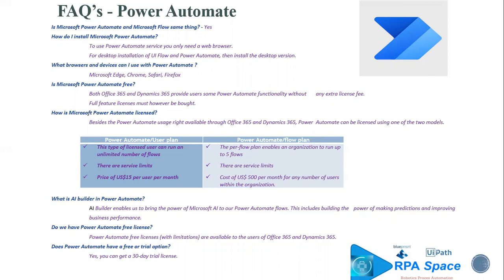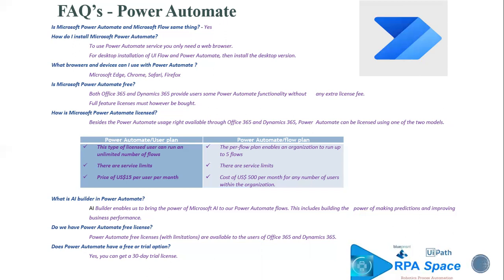And followed by that, what is AI Builder in Power Automate? It could be a buzzword you could hear about. AI Builder is often related to Power Automate. It contains ML and artificial intelligence components along with your business workflow, which will be helpful for you to analyze and make predictions. It's more related to machine learning concepts, so you'll come to know more AI-related use cases as we explore using Power Automate. That's where this is going to be helpful and easy to understand. At the moment it could be theoretically fancy, but when you get real-world AI use cases, that is where it will be useful.